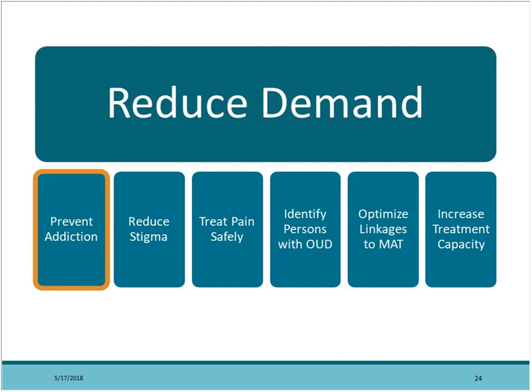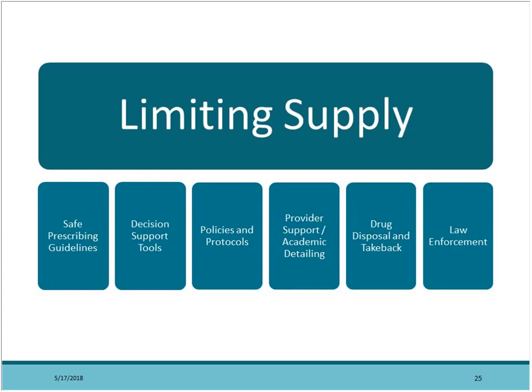We're trying to open the conversation to include some upstream as well as some downstream strategies here. So the first, getting into the strategies themselves, is to prevent addiction. Obviously, we want to acknowledge that the most sustainable method here would be actually preventing occurrence of addiction and dependence itself. We spent a lot of time on that in the last webinar when we discussed limiting supply, and I won't go into that again, safe prescribing being the most important of those strategies.